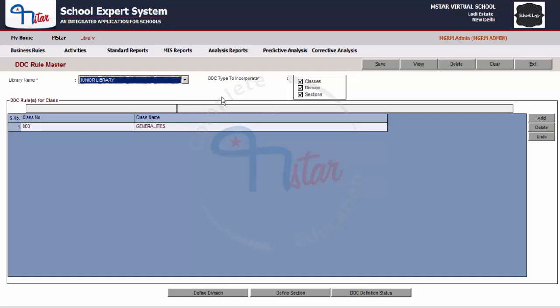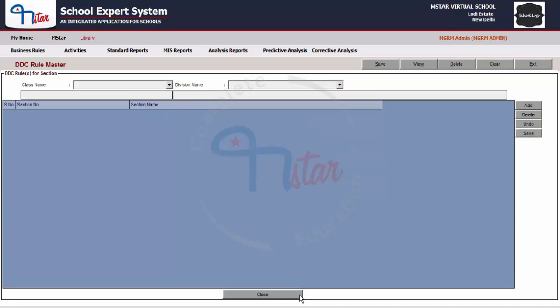Now let us define the section. For that, click on the button Define Section and a new window for the section opens. In this, first select the class name from the box Class Name, select the name of the division from the box Division Name, and now enter the section number in the text box above the column Section Number.